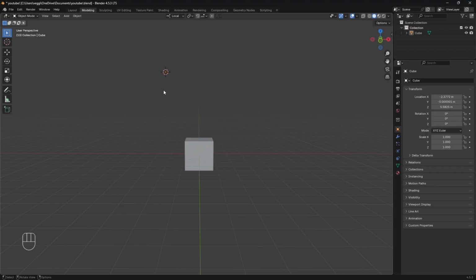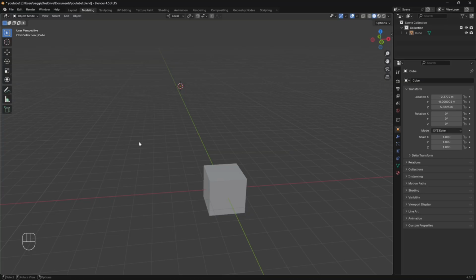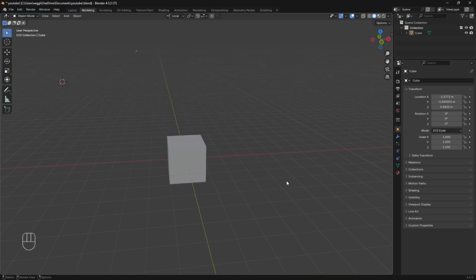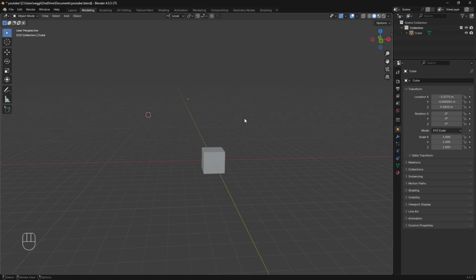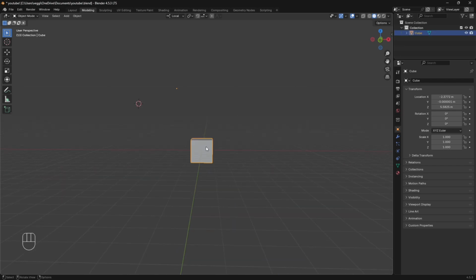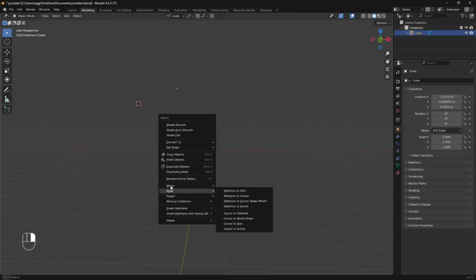To change the origin point of an object in Blender, it's really simple. The origin point is this little orange dot. Yeah, this orange dot over here, by the way, just so you know. It's really important. So to change the origin, all you'd have to do is right-click the object, go down